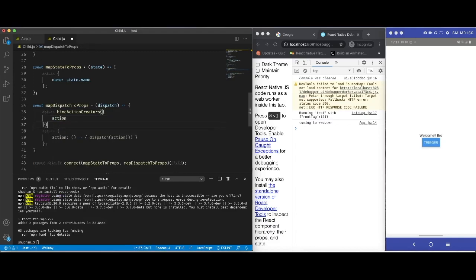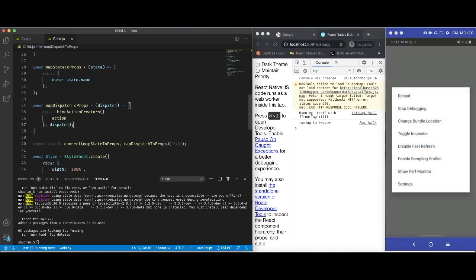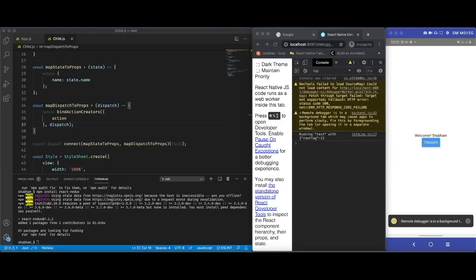The second parameter that bindActionCreators takes is the dispatch function. And the remaining things will be taken care of by bindActionCreators. And we can check the changes again on our browser console and UI. Just reload your UI and see the things in action. And we are seeing that we are getting the same changes with bindActionCreators.